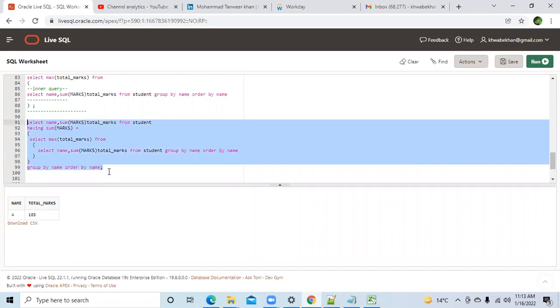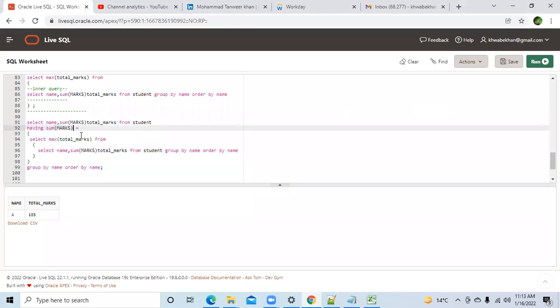Sir, one doubt. When we are using the having command and you use sum of marks, can we use the alias name total marks instead? Is it possible? Oh, very good. I was thinking to tell you about it because I got an error message at that point. So Akshay is telling that Tanvir, in sum of marks, you have mentioned that this is total marks, right?